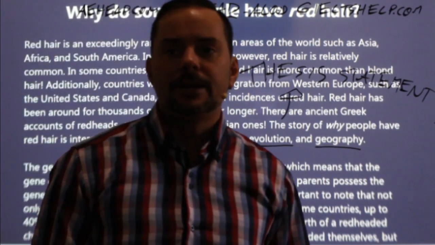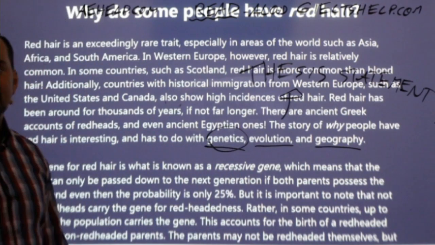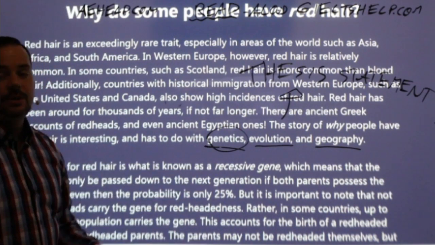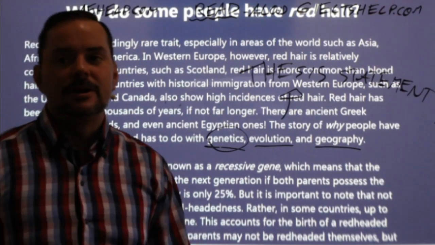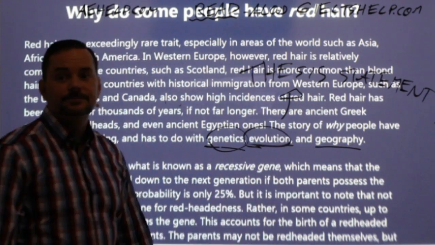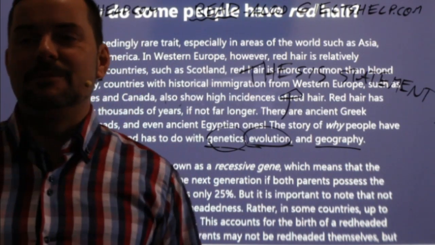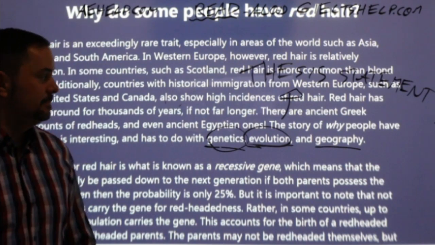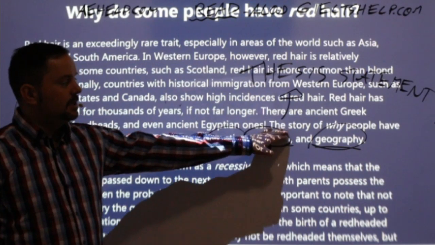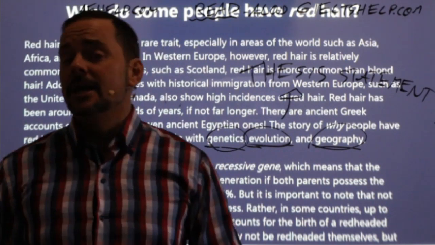And I'm hoping that many of you right now, or members, are writing the word genetics. Yeah, that's right, Roshni, genetics, okay? Because that's what thesis point number 1 is. So what do you think body paragraph 2 or 3 might be about? Or 2 and 3 maybe, or just 2? Evolution, right? And what will the body paragraphs after that one be about? Geography, okay? Using the thesis statement to help your mind organize the content of the reading is super useful.